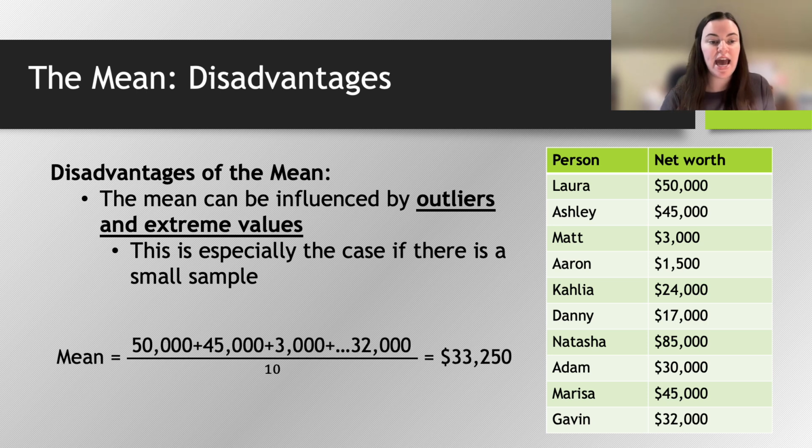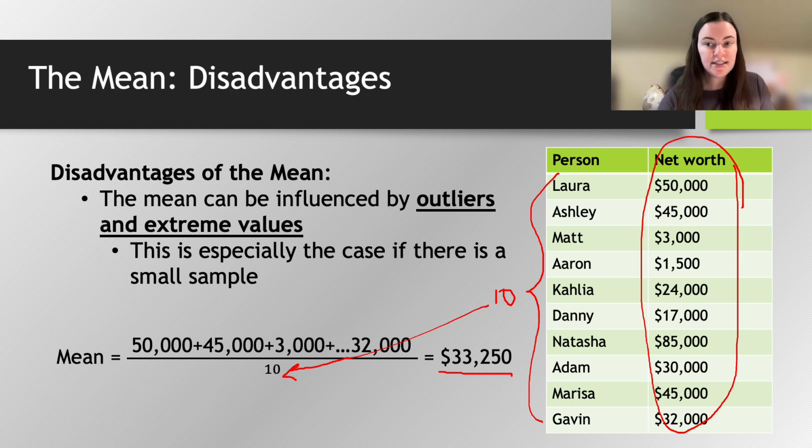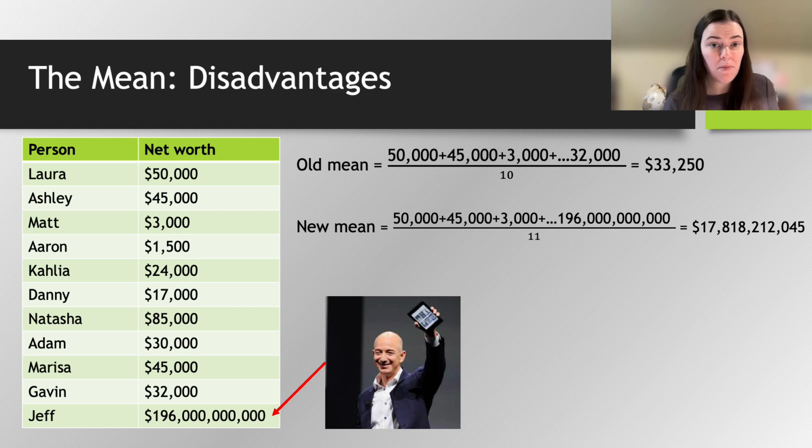We could calculate what that average is as well. So if I added up all of these net worth values together and divided it by 10, because I asked 10 people in this case, 10 observations, so that's where I'm getting my total value down here, I would get an average net worth value for this group of $33,250. But let's say I add one more observation to our data set, and that is our friend Jeff, or